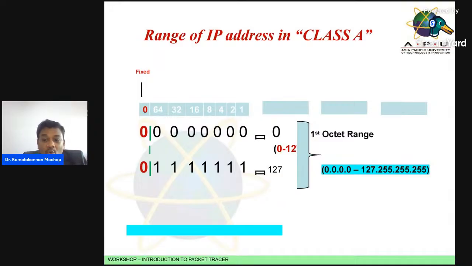0.0.0.0 to 127.255.255.255. We should not say 127.0.0.0. The 127.0.0.0 is the first IP address for the 127. What is the last IP address of the 127? This one,